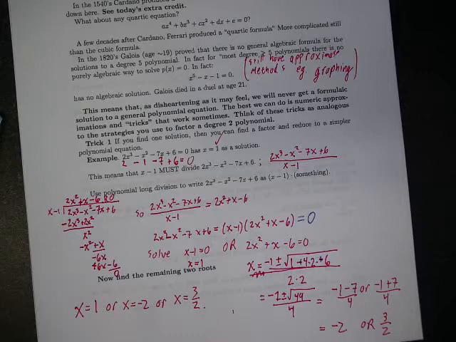So if you want to solve a high-degree polynomial equation, if you can find one root to the equation, you can do long division and reduce the difficulty of the equation you need to solve by 1. You can reduce a degree 3 to a degree 2, you can reduce a degree 4 to a degree 3, and so on. And as soon as you get down to degree 2, you're happy. You can do it formulaically at that point.